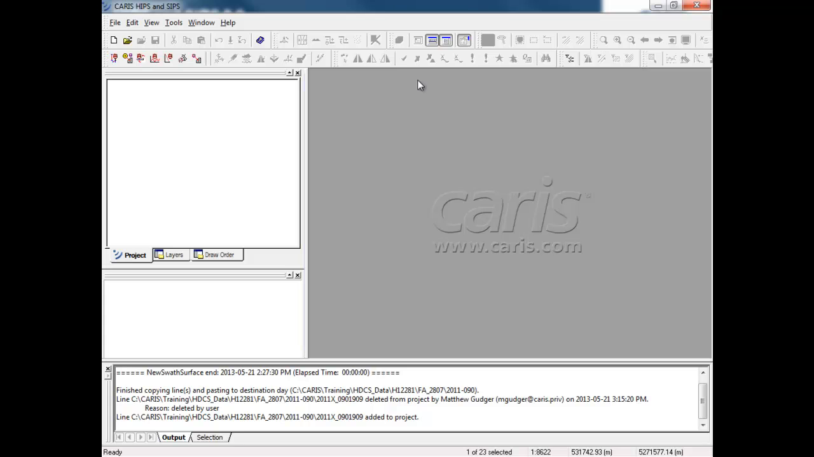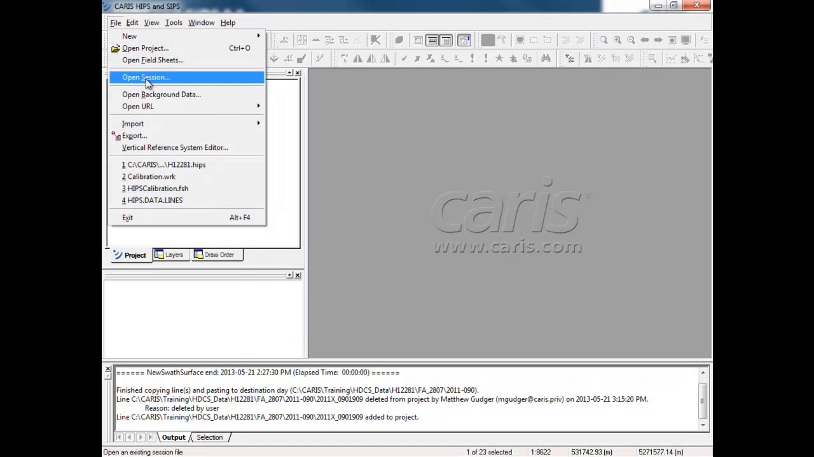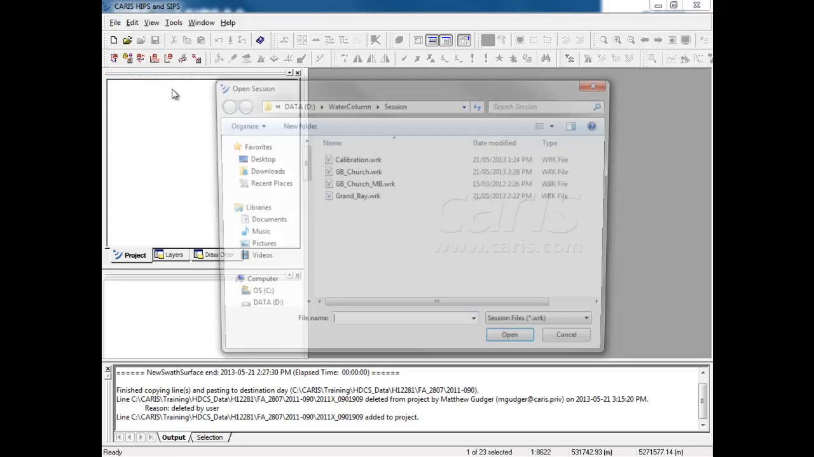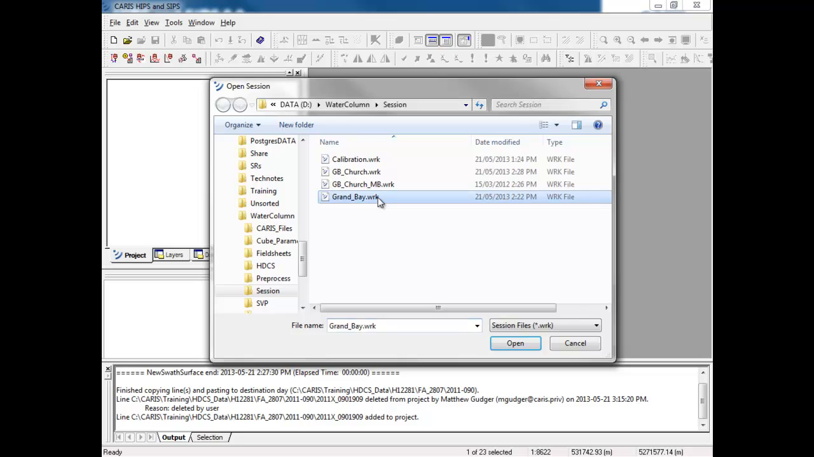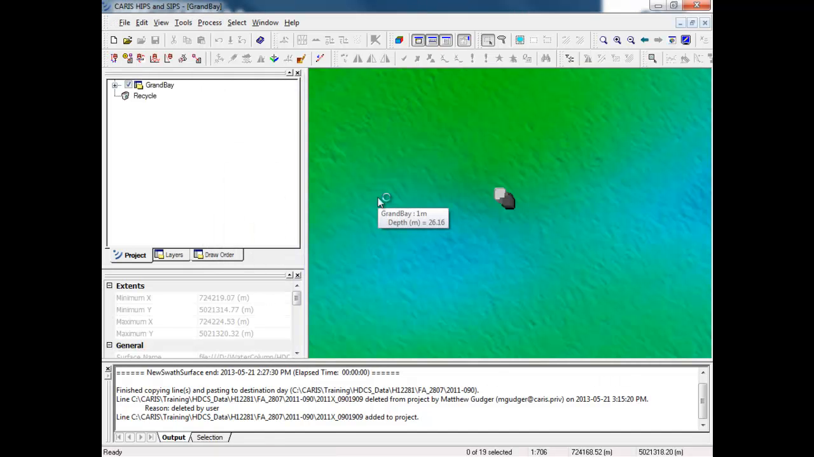One really interesting thing that Burns brought up there is now we're actually supporting 3D point clouds and CSAR data in HIPS and SIPS. Previously, we could only open those up in Bathy Database Editor. So what you see here is